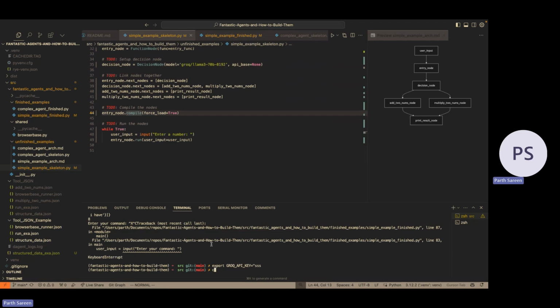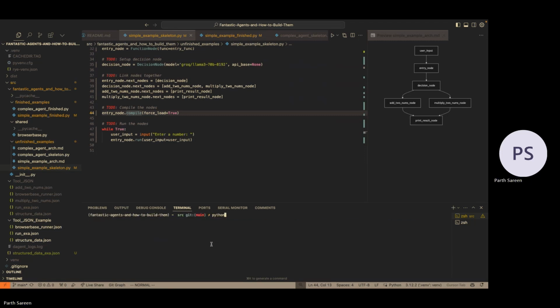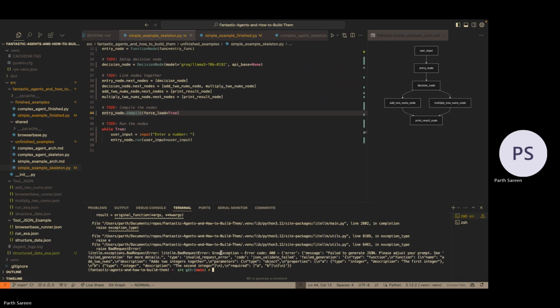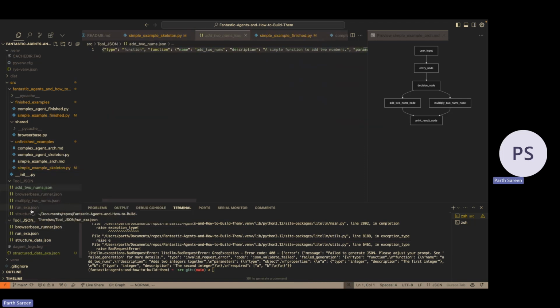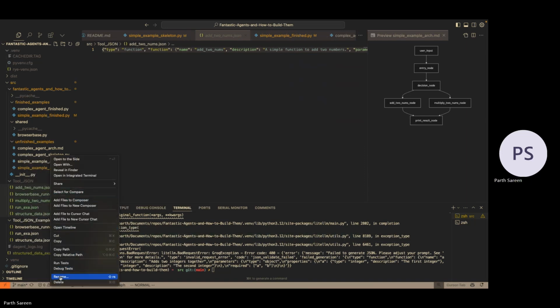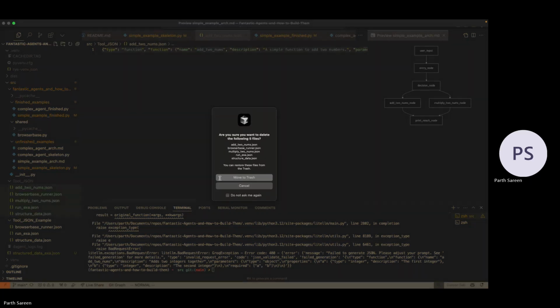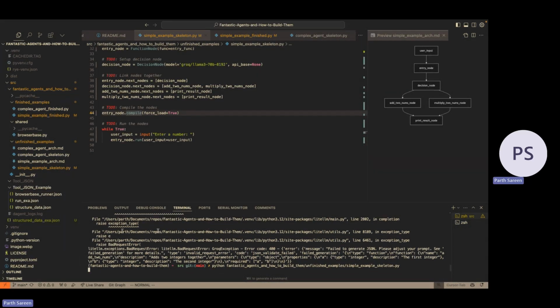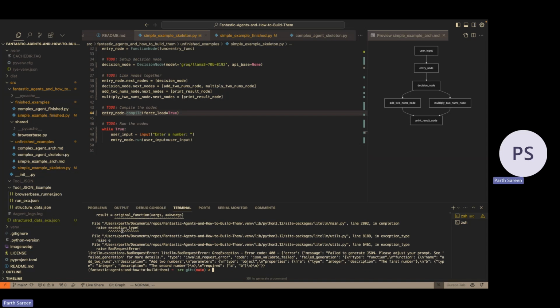Should be finished. I can say Python full example skeleton. Let me reset the things that got generated earlier. You're also going to run into random model issues, as we're seeing.